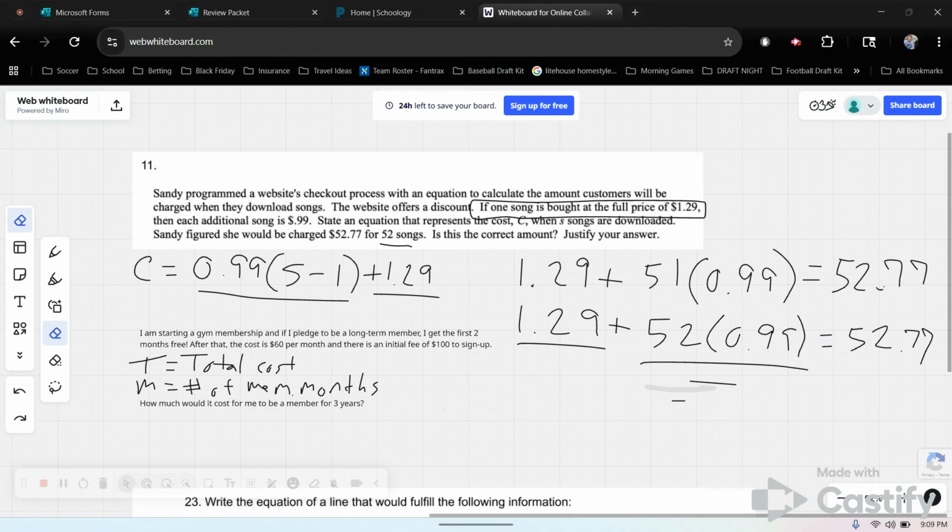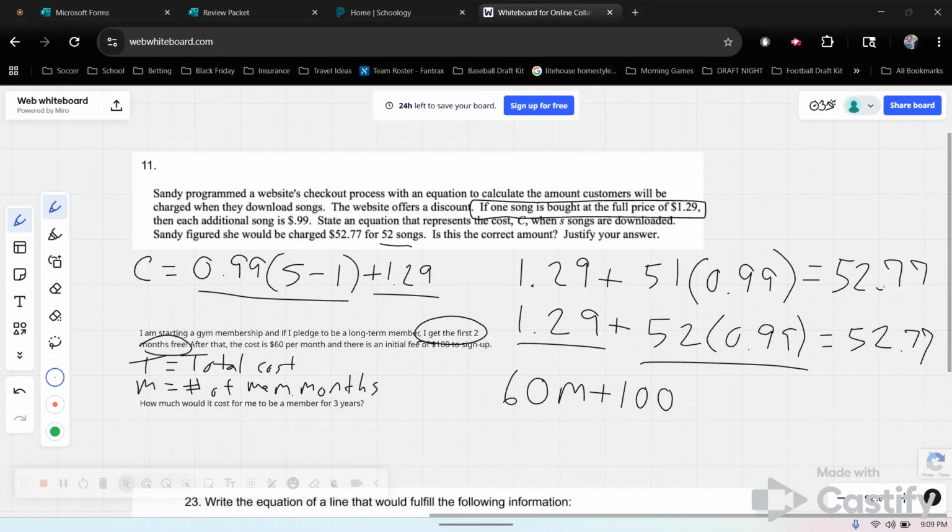The way I would kind of expect you guys to think about this is more like this. $60 a month plus the $100 initial sign-on bonus. And then it's like, okay, now it's a different kind of problem. I have to figure out, how do I account for 2 months free? Well, 2 months counts as $120 at $60 a month. So if I just take that $120 off,